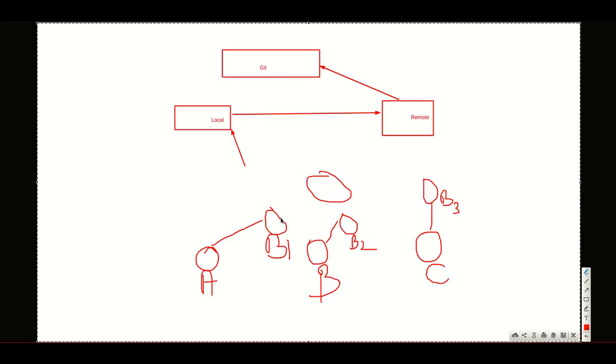After that B1, B2, and B3 merge into the development branch, dev, and this is the final branch, which goes to production.